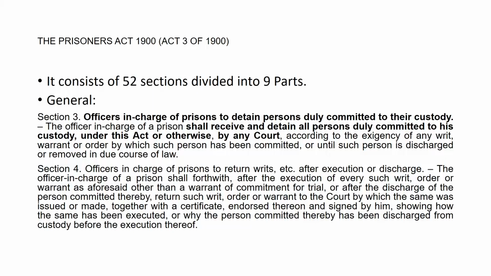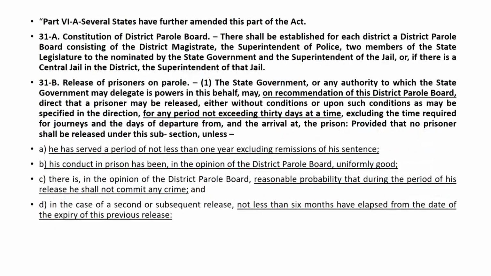The next important central enactment that we may have to look into is the Prisoners Act of 1900. Now, why is the Prisoners Act of 1900 important? Because it has some important provisions dealing with the very aspect of parole. You must have heard about that. In section 331A, the Prisoners Act of 1900